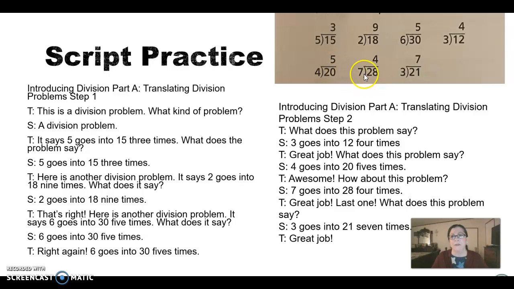Awesome. How about this problem? What does it say? 7 goes into 28 4 times. Great job. All right, here's our last one. What does this problem say? 3 goes into 21 7 times. Great job,